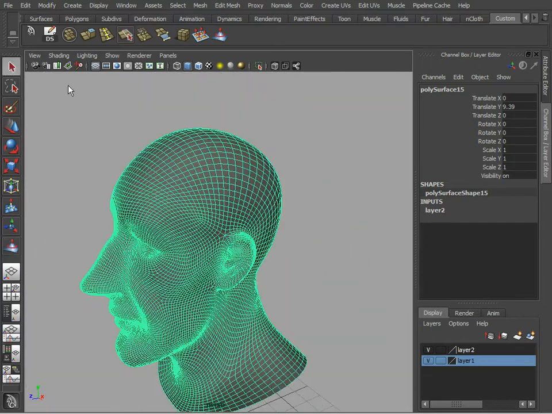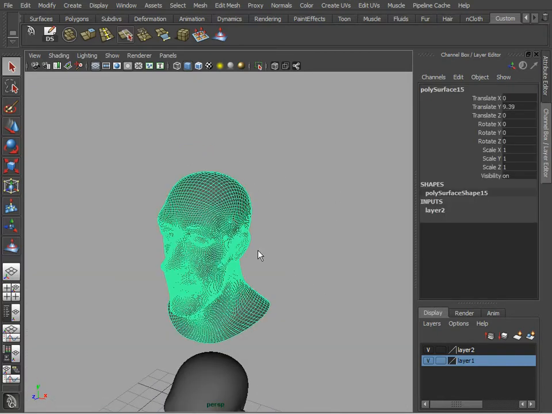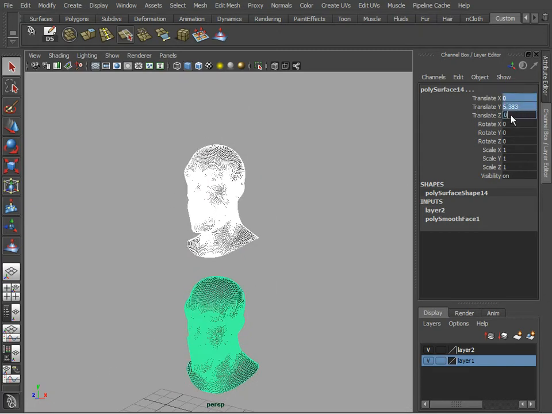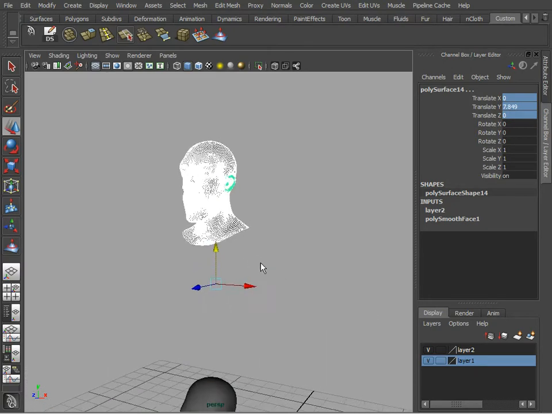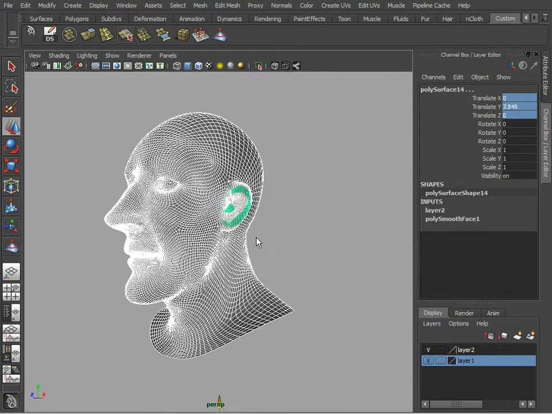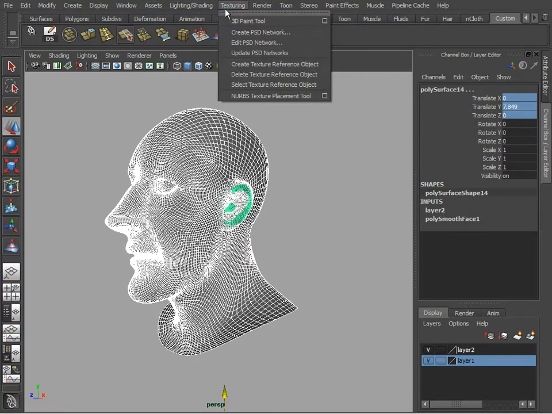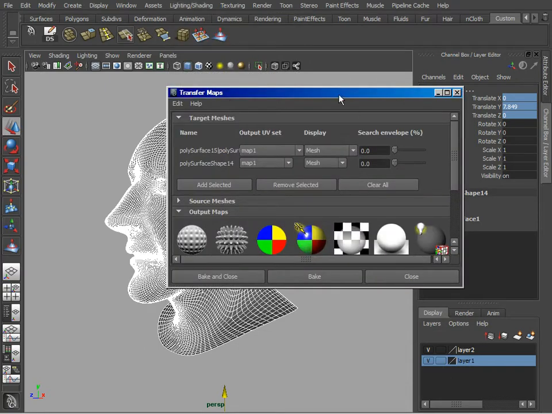So now that we have this shape sculpted, we can actually put it right over the other one. Let's set them back to 0. We can actually now move them back up here, and the next step that we will do is actually use a... it's under rendering, texture, actually where is it, lights and shading, transfer maps. That's where we can